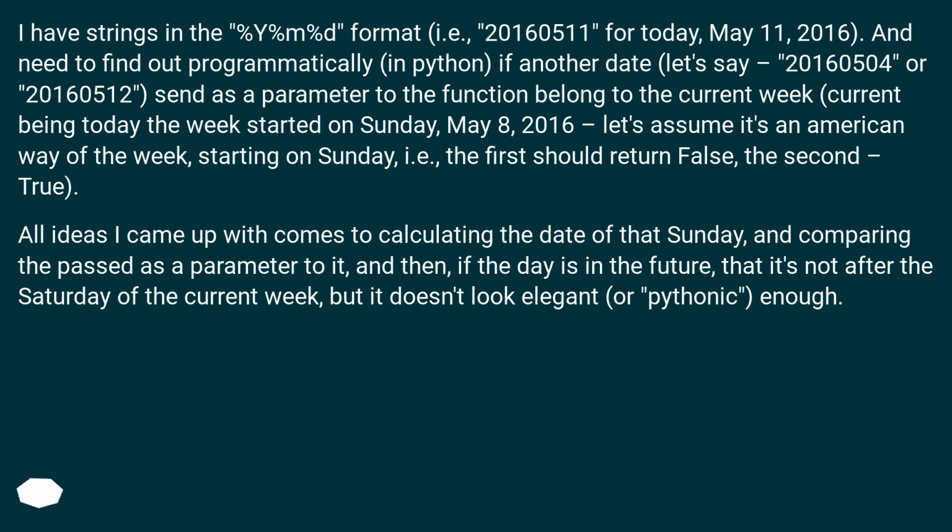And need to find out programmatically, in Python, if another date, let's say, 20160504 or 20160512, sent as a parameter to the function, belongs to the current week, current being today. The week started on Sunday, May 8, 2016. Let's assume it's an American way of the week, starting on Sunday, i.e., the first should return false, the second,